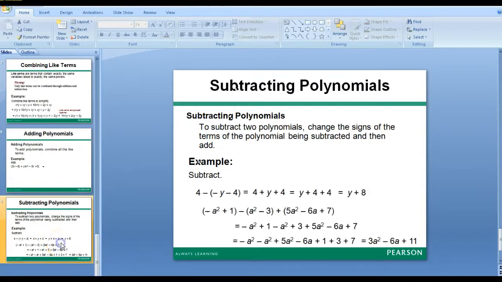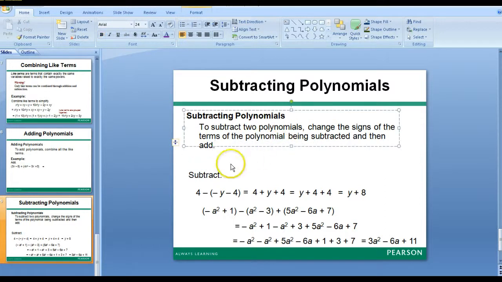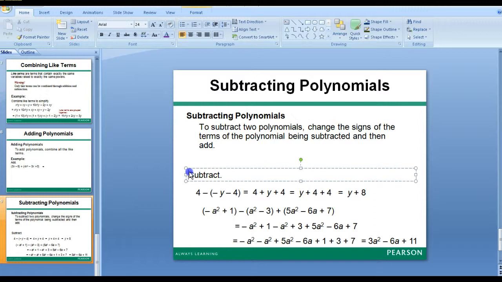And then subtracting the very same thing. Now they have two examples here, and it looks a little cluttered. So what I'm going to do is give myself a little more room. I'm going to delete that example. I don't need to have that there. And then this subtract here,